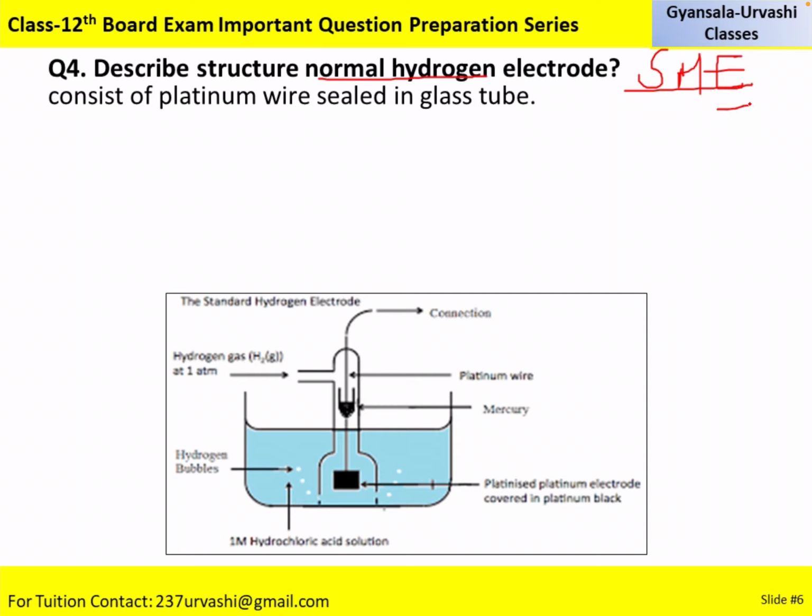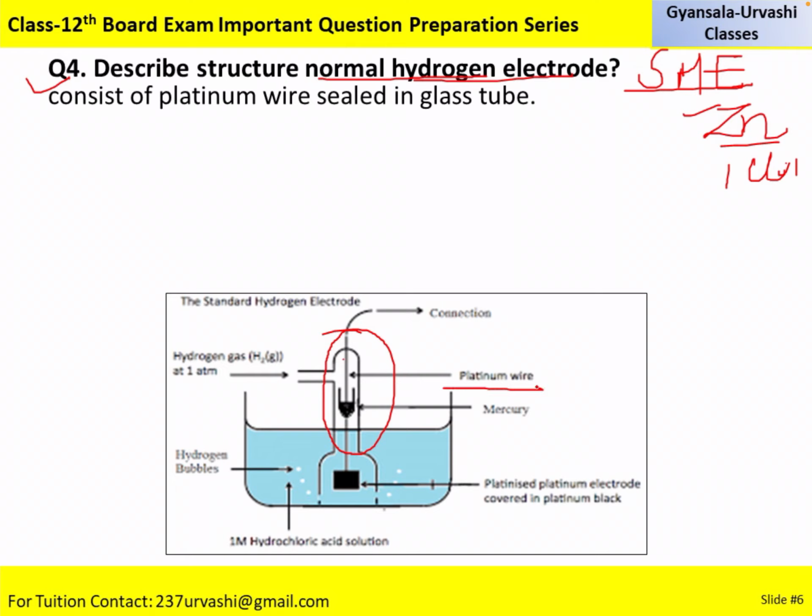Now the standard hydrogen electrode is used to find out the reduction potentials of different elements. Let's say I am saying find the reduction potential of zinc. So zinc will be your one electrode, another electrode will be this normal hydrogen electrode. You will find out what the reduction potential of zinc will be. Okay. Now what is the setup? First thing, it consists of a platinum wire sealed in a glass tube. Now the glass tube which I am marking, this is your glass tube, and this wire as it is written, it is your platinum wire.